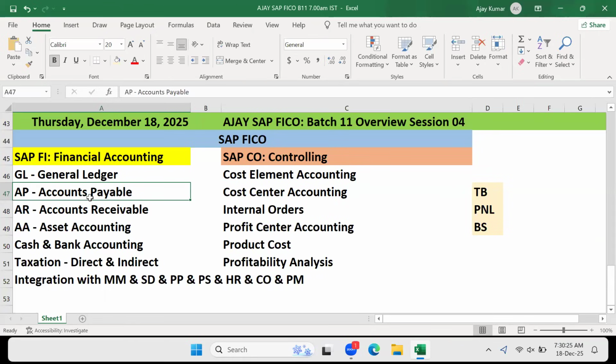Is this an asset or a liability? Liability. This is a liability. Now, do you have one vendor or multiple vendors in a business? Multiple vendors we have, right? Now if you look at your balance sheet, have you ever noticed vendor names written, like ABC Limited, XYZ Limited, Mr. A, Mr. B, Mr. C? Or do you put all together as sundry creditors?